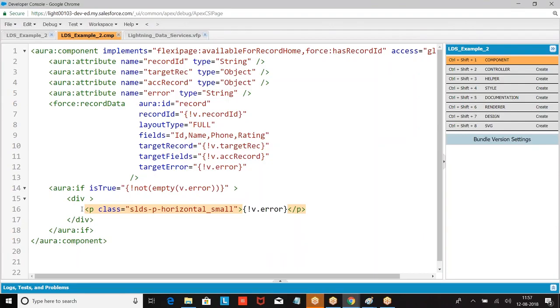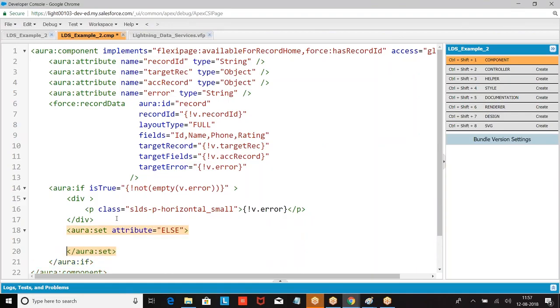So here one extra component we have seen, that is aura:if. aura:if is true, else, what should I give? In this context, we wrote require this else. I'm leaving it. If you want else, we can do that.